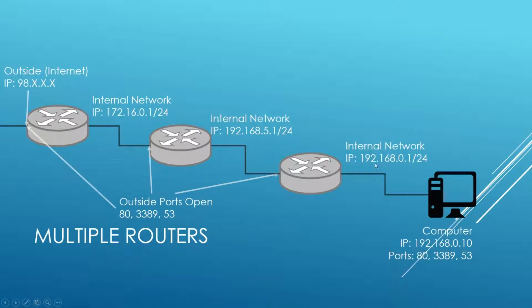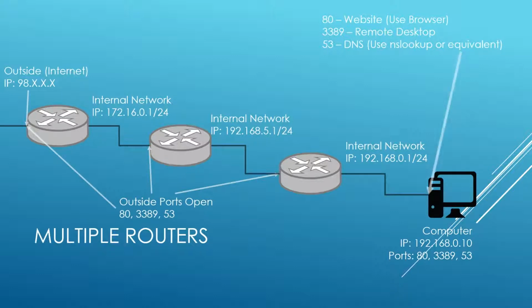Now, that sounds like a lot of work. It's not. Basically, if they're all the same router, you pretty much set in the same command other than the IP is changing. Now, to test that, just following the same concept. Like I said, you work from the bottom of the chain to the top of the chain. So from the bottom of the chain, we're going to stay on the same network again. And we're going to try all our testing tools. So first, test on this network to try to get to this computer. Next, go into the